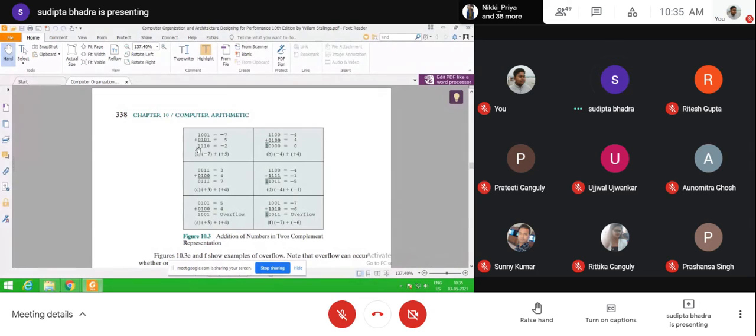The third bit, the MS bit, is 1, that means -8, and the 0th bit to second bit will represent +6. So ultimately you are going to get -2. So here the first 4 cases mean what?